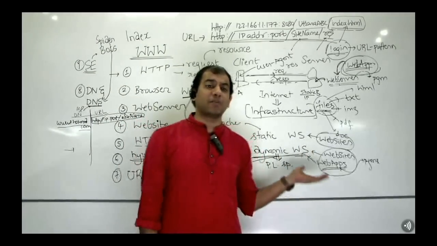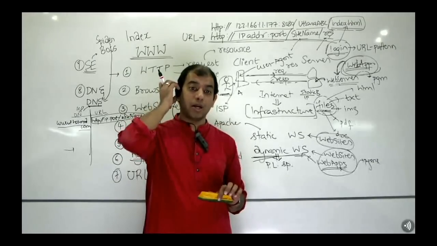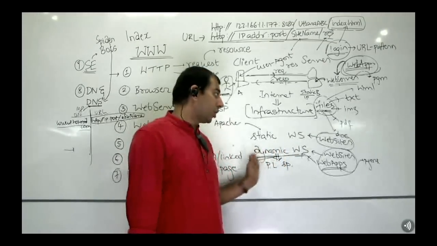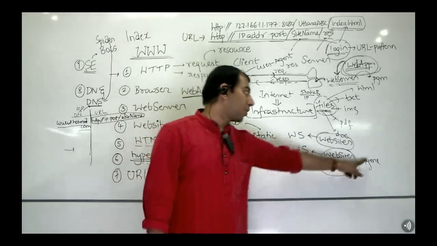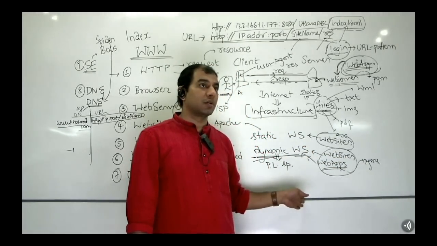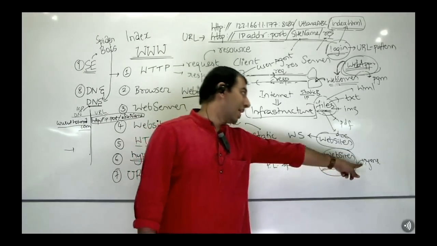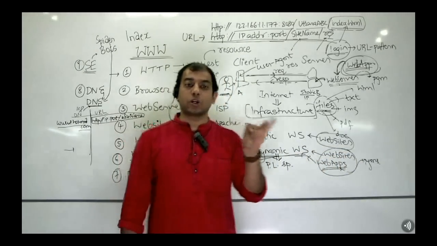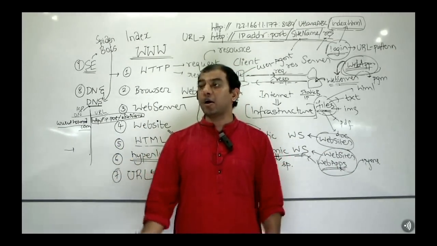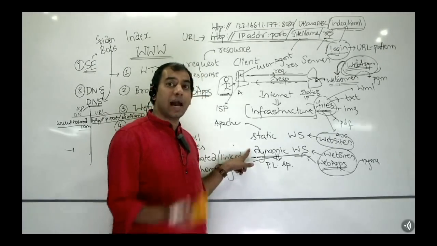Give me some names of dynamic web servers that you are aware of. Yes, Tomcat, for example. Tomcat is a dynamic web server which allows you to deploy web apps where the programs are built on what language? Java. If you build web applications in the Java language, you can host them on Tomcat, JBoss, WebLogic, WebSphere, Geronimo, Glassfish. They're all different names of dynamic web servers.